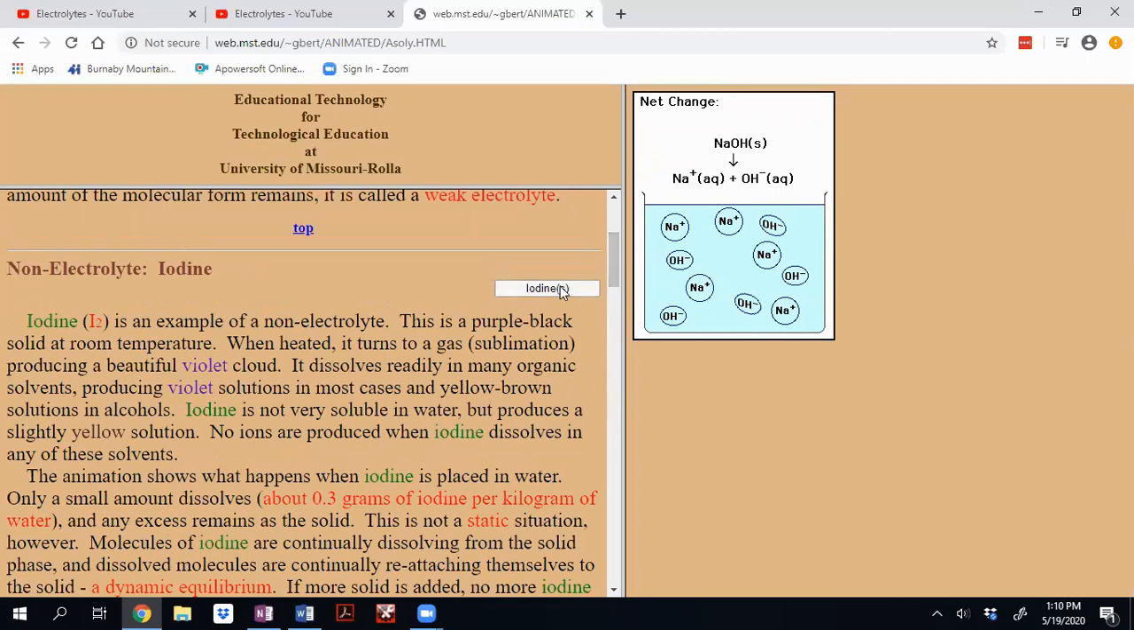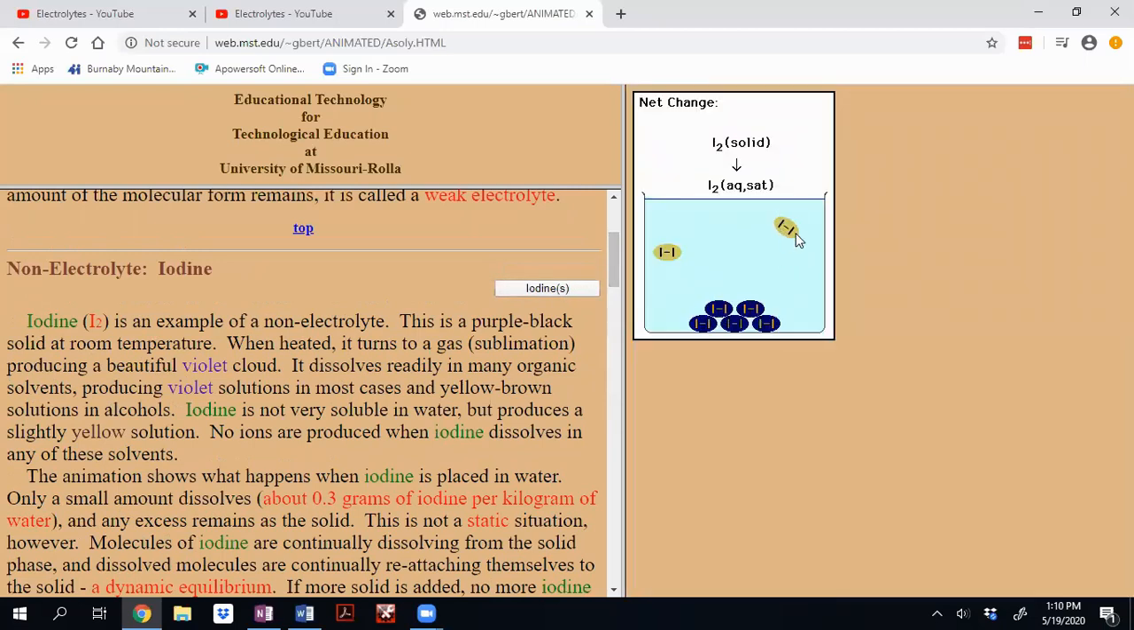But the iodine, remember, it didn't have charged particles. It did not separate into ions, so there's no charged particles. And to conduct an electric current, you need charged particles that can move. Okay, so